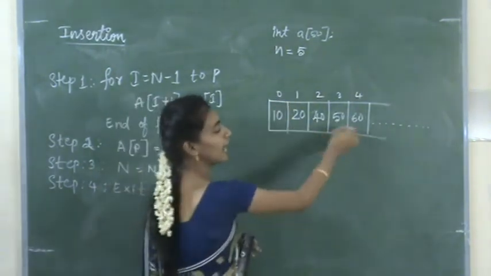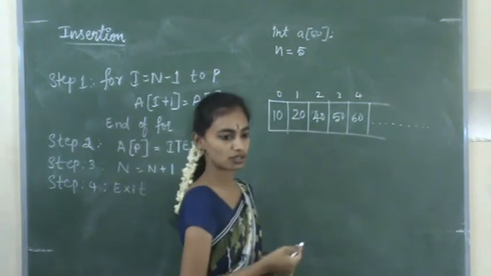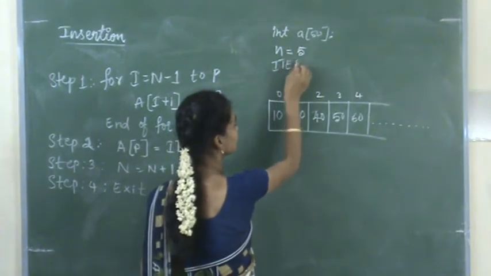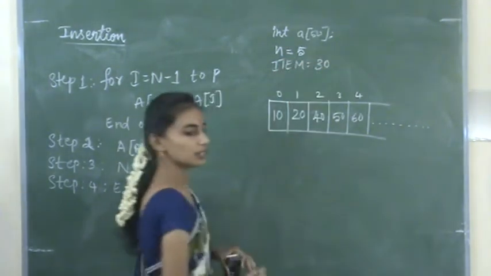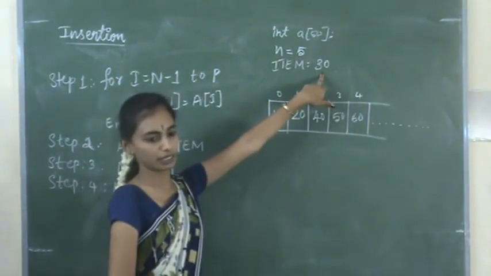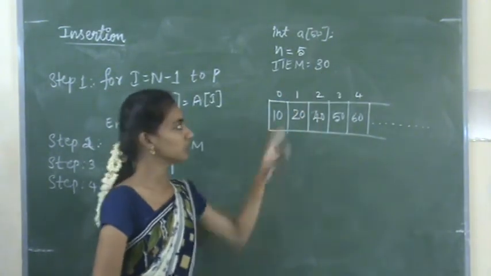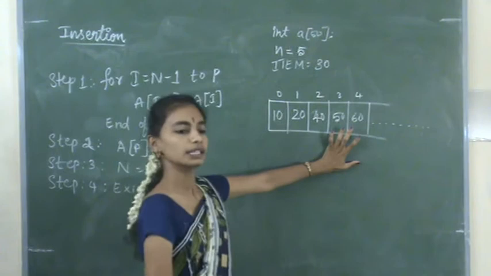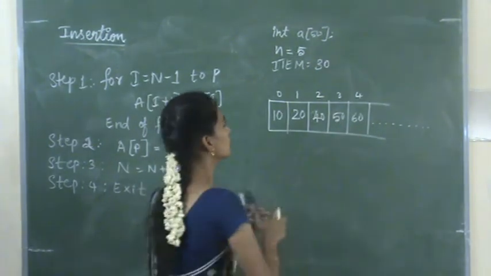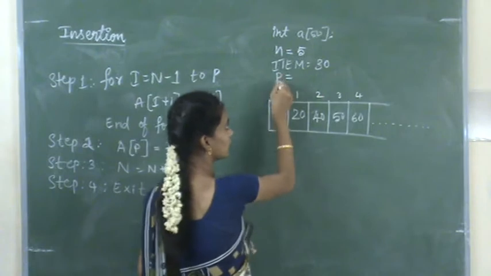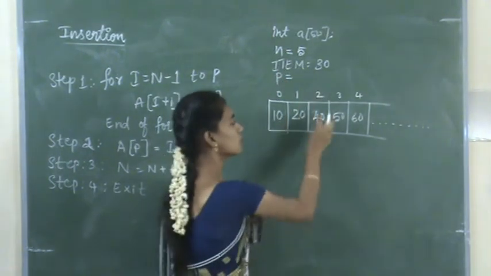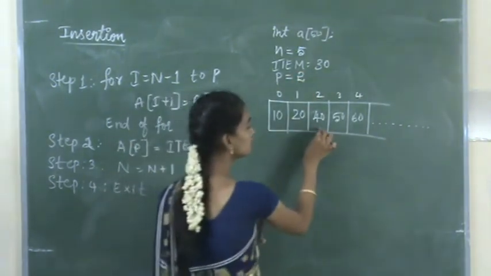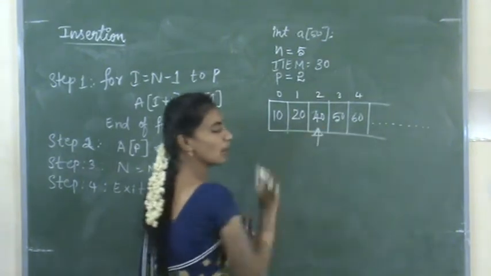So now in this array I need to insert one extra element. That element is 30. Okay, so I need to insert the element 30, not 30 elements, one element 30. So that will be inserted into this array. I need to provide the position where I have to insert this element. So I need to insert that element at position 2. Now I need to insert the new element at this position, right?